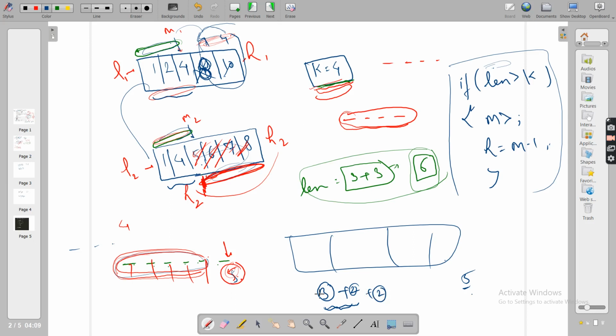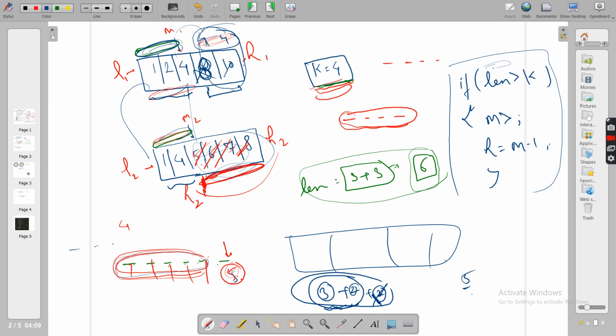So before the 5, how many elements are coming? Actually 7 elements. But for these two you're not certain, because it may be 8 and 10, and if it is 8 and 10, then it is obviously not smaller than 5. So for these two you're not sure. Only for the elements you're sure about, on the basis of that we decided that 5 and onwards will never come. That is why I said we are only sure about this part, because all the elements till here will be lesser than or equal to 4, and if 4 is lesser than 5, then we know that 5 and onwards will never come. Now let's go to the next observations.